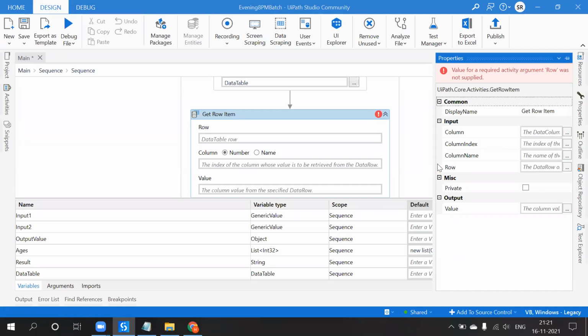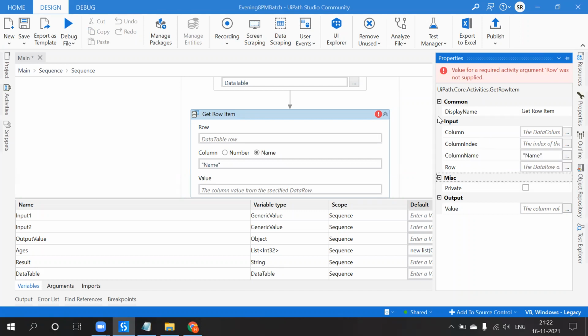So a row and columns, here it is. So for example, I want to get the row from the column name as name. So either you can use any one of them.